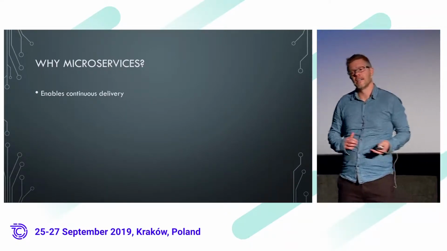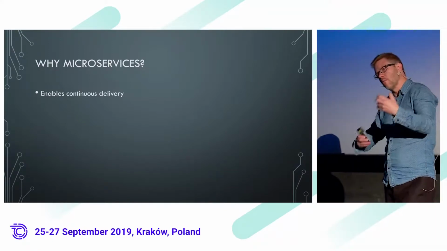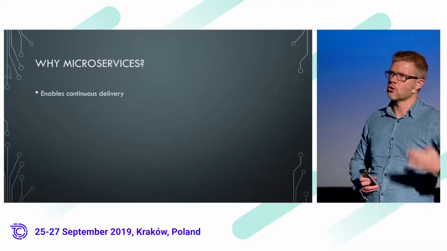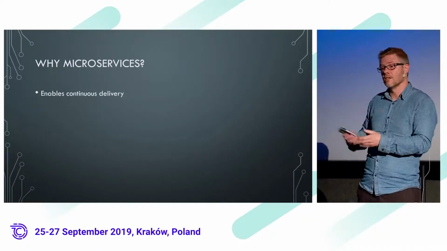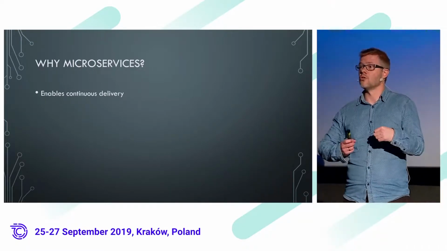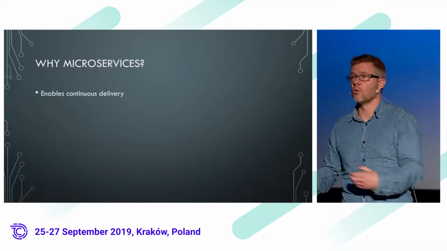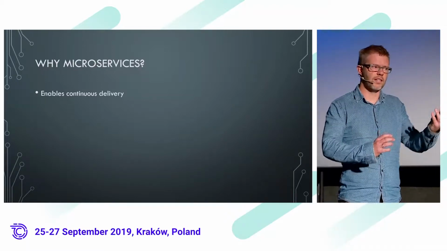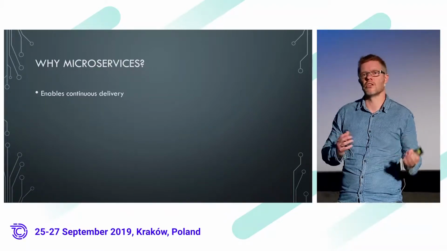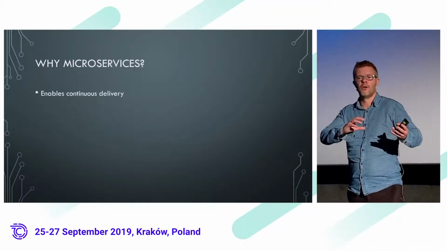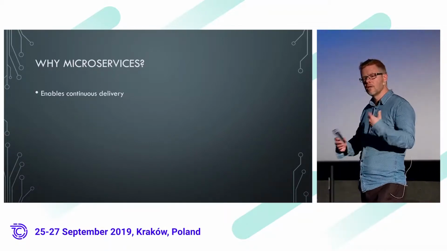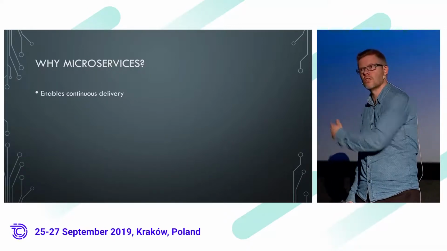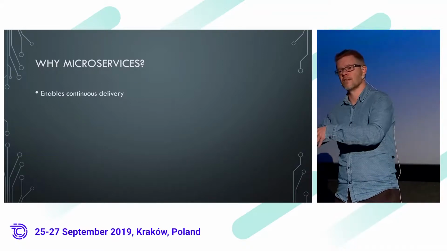But there's a reasoning behind that, really, which is that, well, why do we want to do continuous delivery? And that's to enable some flexibility, some quick turnaround, give the business the possibility to experiment, to quickly get features out of the door, low time to market, and so on. And I think it turns out that there's a relationship between microservices and continuous delivery where one makes the other easier. So microservices are small, and it's just easier to build all the automation that you need to do continuous delivery for something small than it is for something big.